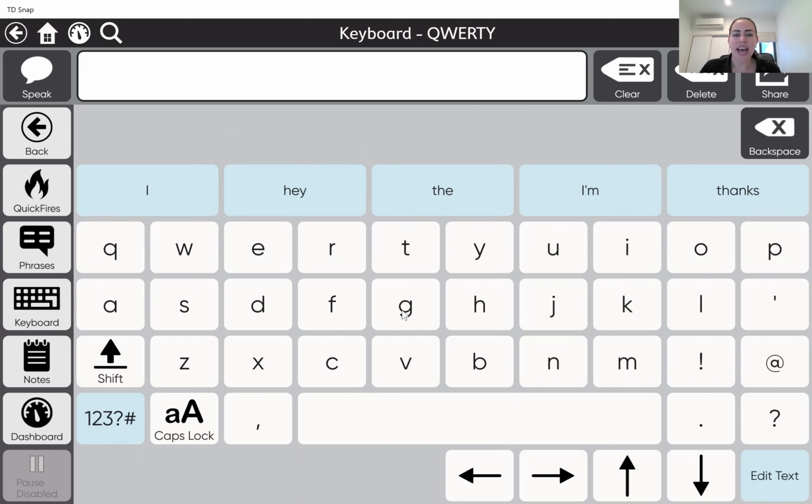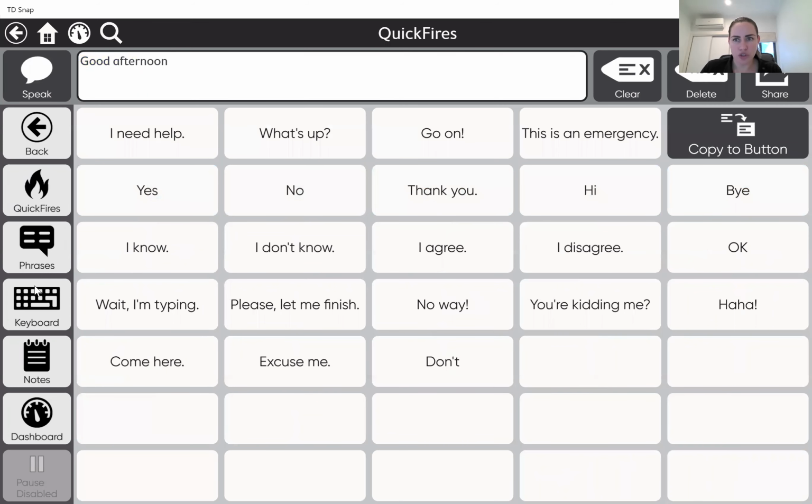unique messages. So they can type. You can turn off this auditory feedback as well, so you don't need to have it speaking aloud as the person's typing if that's preferred. Afternoon. And then once you've got a message sitting up in your message window here, you can go back to another